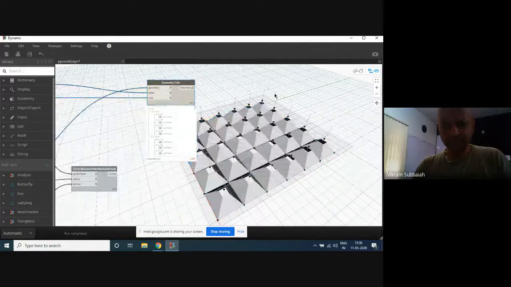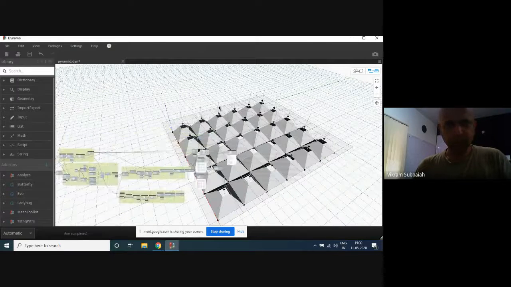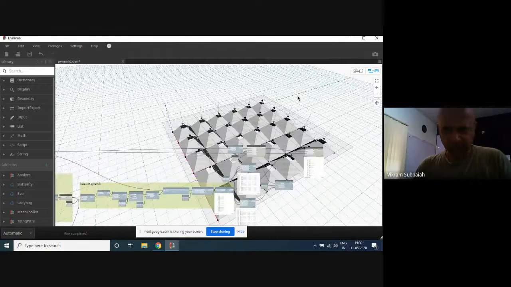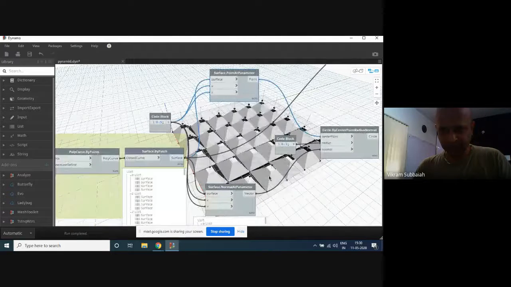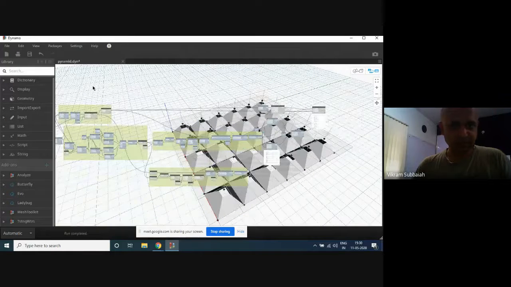Now, I don't know whether it's going to be easy for me to show you how this works. I'll just close this file without saving. I don't think this needs saving, right? I think you should have an idea and be able to repeat this quite easily.